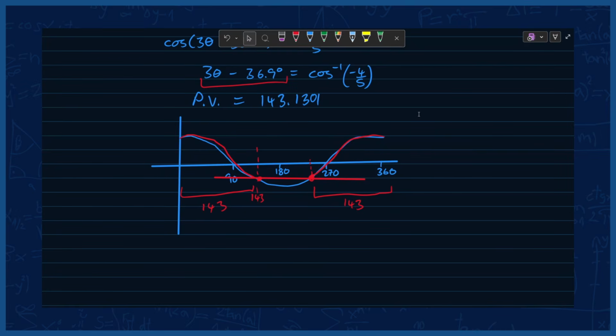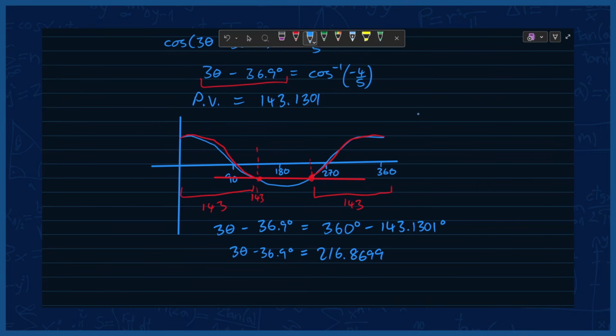So every solution I'm finding right now is of the form 3θ − 36.9°. This is equal to 360° − 143.1301°, so punching this into the calculator, 360 minus 143.1301 gives us